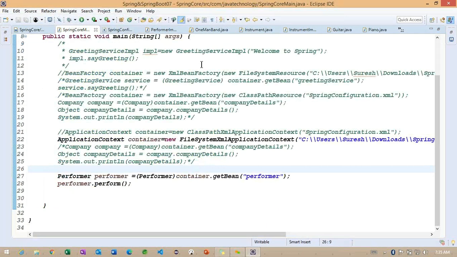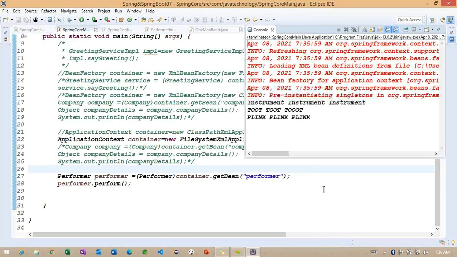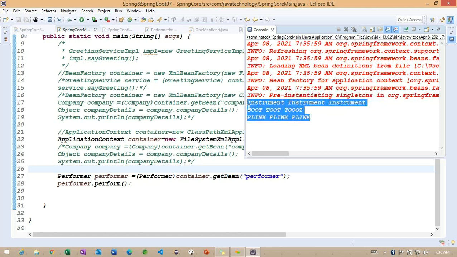So we are going to run the same application here, because we are not changing the getBean name. Now you can see we get the same method, and the same message here. But what is the difference between the previous example and the current example? Previously we worked on collection information. Now we are working on the map related example here.